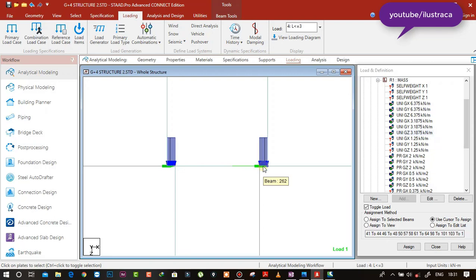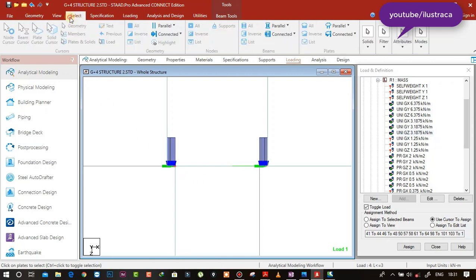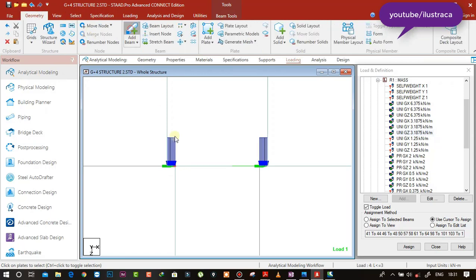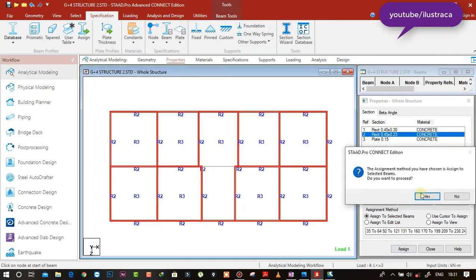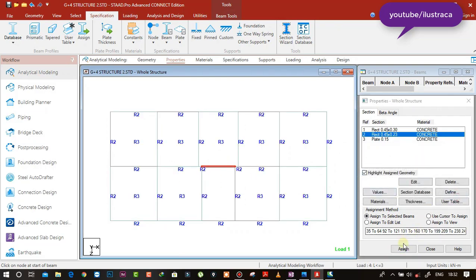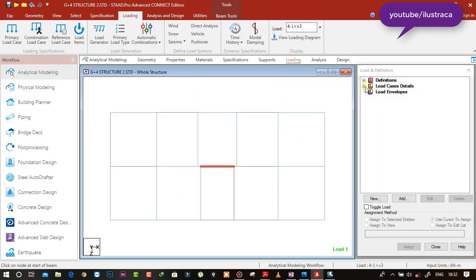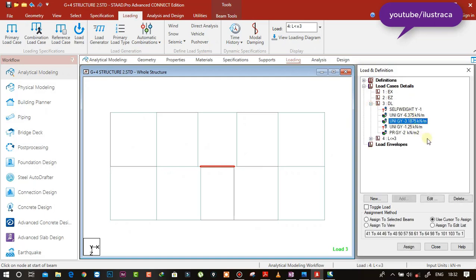So here we have two beams. So we can create the select. Just create a beam, add beam, right to here, and select this beam and assign the property also. Otherwise there will be issue. It may happen sometimes, don't worry about it. Just select this beam, assign to selected beams, assign, yes. So now if you go to loading, we need to provide all the loadings here. Okay, no dead load will be there, only live. Dead load, this one, assign to selected beams, assign, yes. Sorry, no, it will be not there.